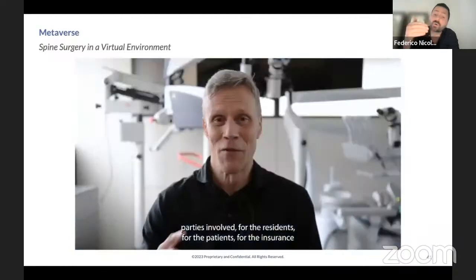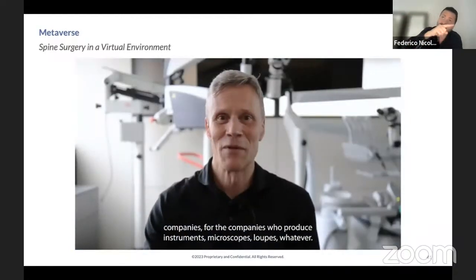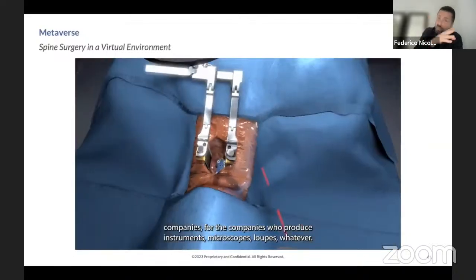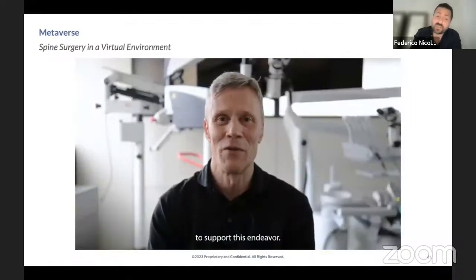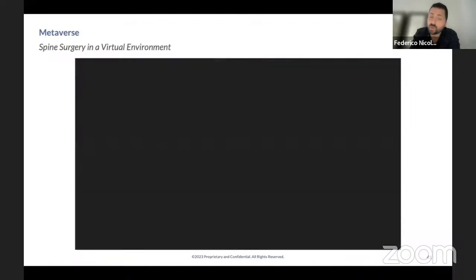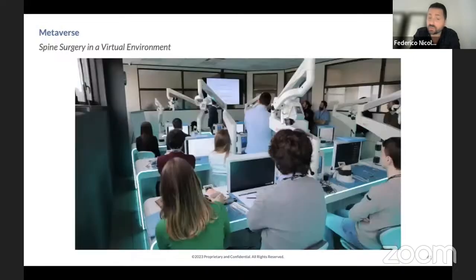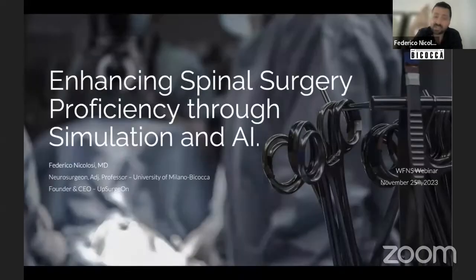So in other words, we need to be able to understand our learning curve. We need to understand where we need to push. We need to understand where we need to go with our training. And if we achieve the incredible goal to reach this kind of understanding, this is incredible for the next generation of surgeons to master,